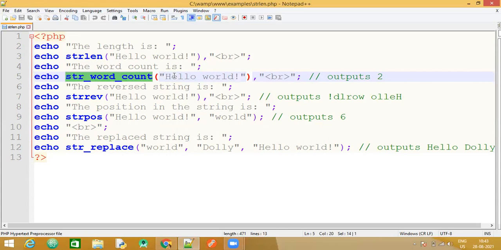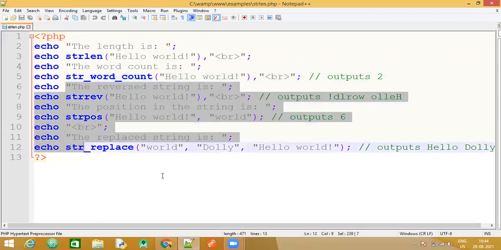Then this function will also take the parameter, that is a string, and it is going to calculate how many words are there. So how will the word count be done? With the space. Whenever it encounters a space, it means that a new word is there, that is the counter for the word is incremented. So you can see here, the output for this is going to be 2. There are two words separated by a space. Again the same thing here, after the function, comma, followed by the BR tag to display the output on the next line. Let's first see the output for these two statements, and then we shall proceed with the rest of these things.